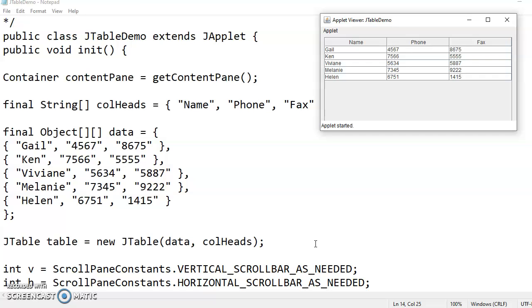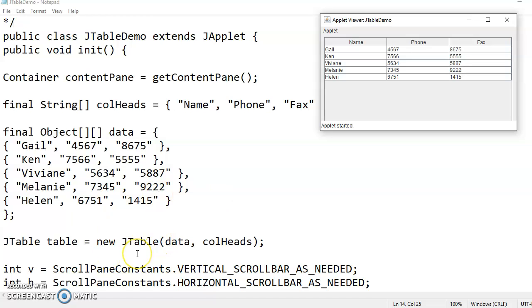Now once you have created a JTable, the next step will be to add this table onto the applet. But again, the question comes, what if my table size is big? What if I have a large number of columns and rows which won't fit in an applet? What will happen? Will that data be truncated and not displayed, or will that column be removed? So to avoid such things, when we think our table is large enough, with lots of data and lots of columns, it is better to use a scroll pane.